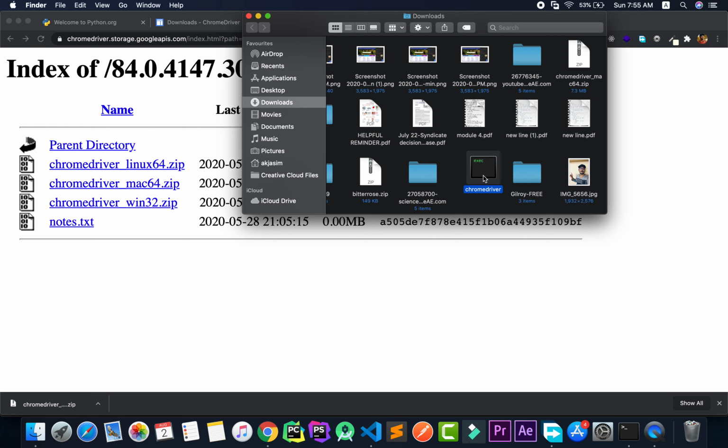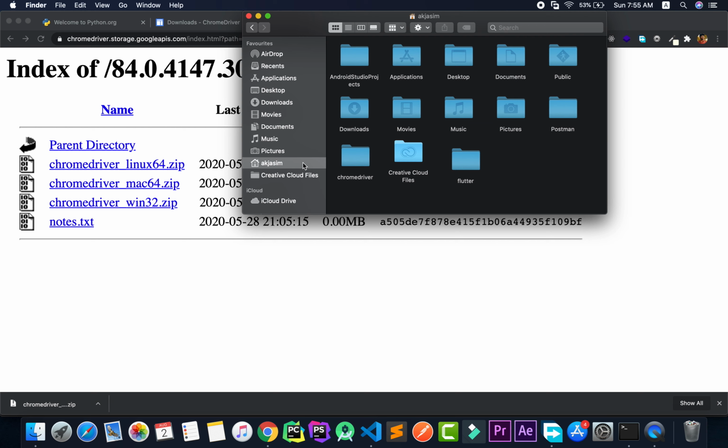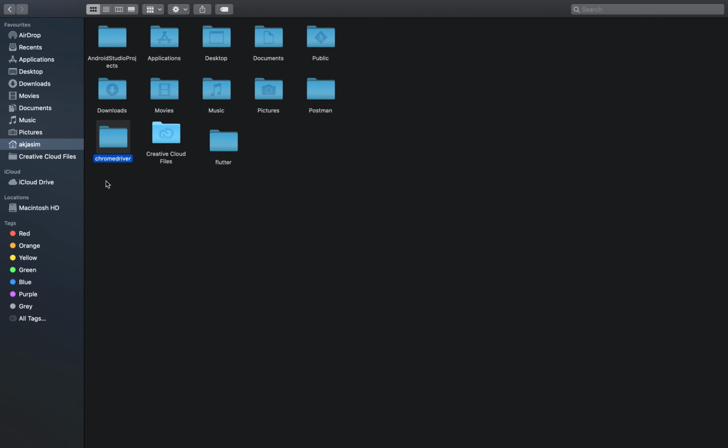So just copy this from here, and I'll go to my root folder, my home path. In my case it is AKJasim, and here I'll make a folder known as Chromedriver. So you can see a Chromedriver folder being generated here. I'll just make this bigger so that you can see it a little more clearly.